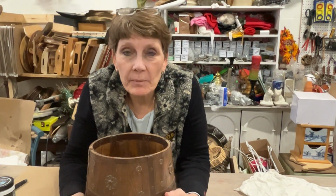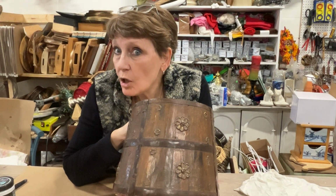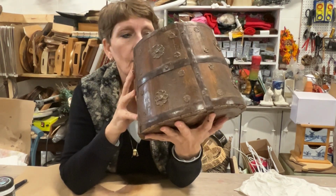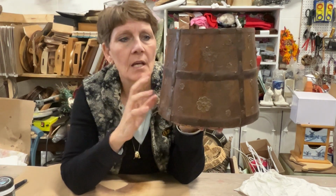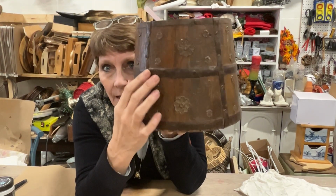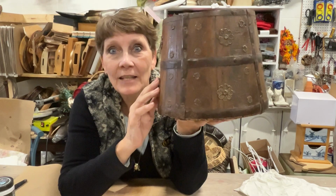I'm Cindy Daychek with Queen Bee Creations, and today we're going to work on this. I thrifted this for $6, I guess, and it is a cool, really old, vintage, wooden bucket, I guess. It almost looks like the base to a butter churner or something. It's got all these metal details, so all these little florals are metal, these are metal, the bands are metal. I don't think that they're all the same metal, and I don't think that they're great metal, but they are